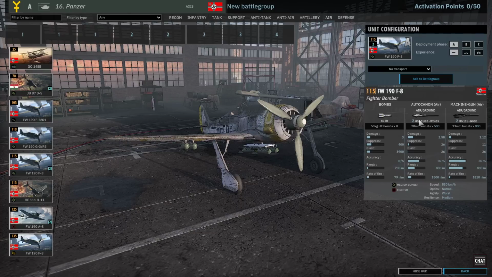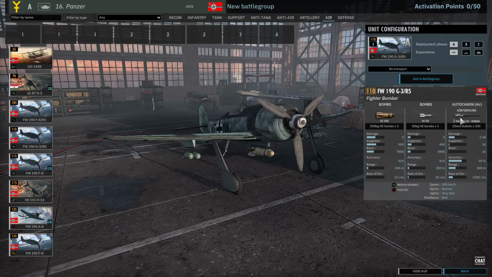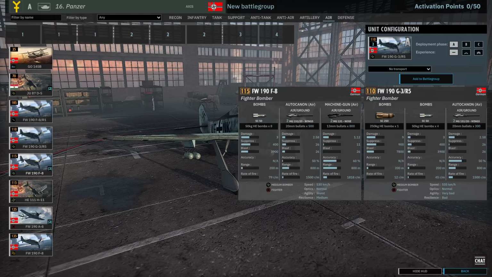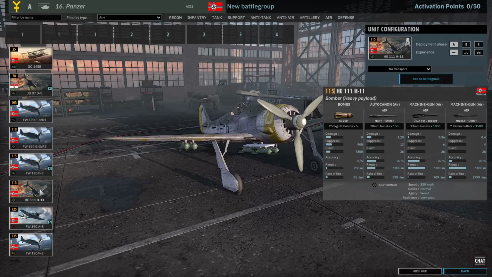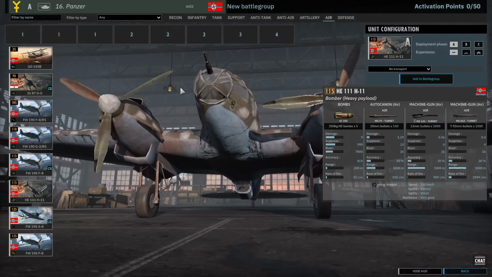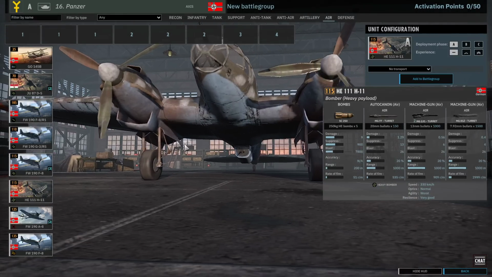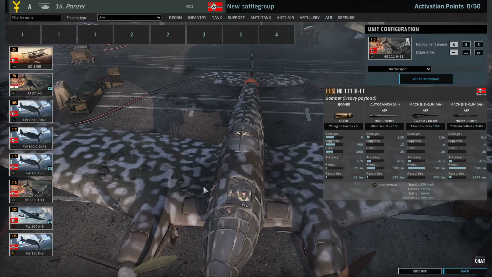But the F8 has better sort of fighter capabilities with the 220mm and the 213mm, whereas the G3R5 only has the 220mm. And these Focke-Wulfs can be really good at head-on fighter attacks. Beyond that, we've got the Heinkel Triple 11H1 that's so big I can't fit it on the screen. That's got an internal payload of 250 kilogram bombs, so more than